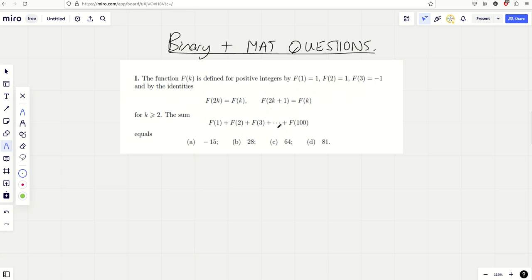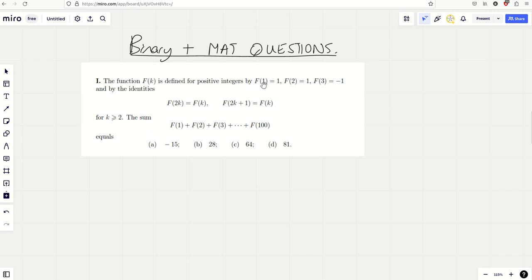It is lovely in binary as well, actually. I forgot how nice this one was. Now, we're told here f of 1 is 1, f of 2 is 2, f of 3 is minus 1. You know, what are they playing at? And then we've got these obscure kind of inductive ways, it feels very inductive to me, anyway,